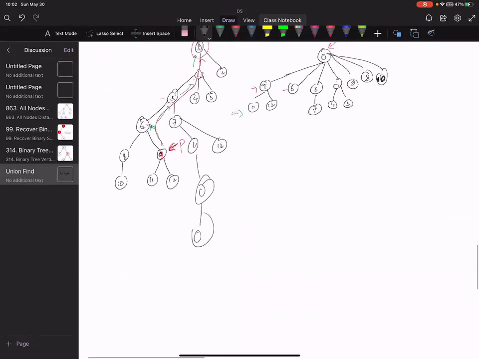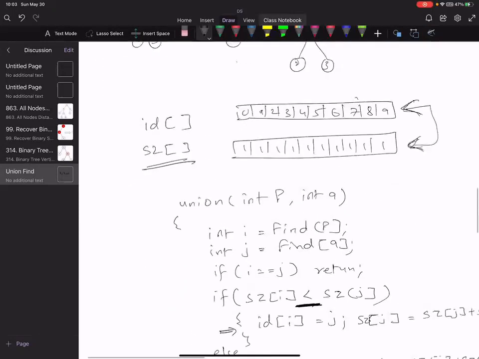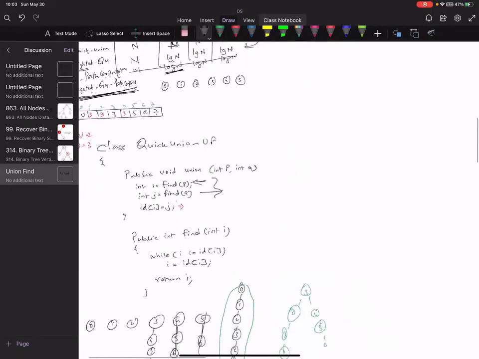So in this case, our find implementation will be like this: find integer P. And what I'm going to do is integer, ID of P. What was our previous implementation of find? This one, right?